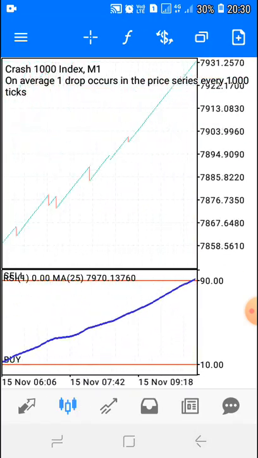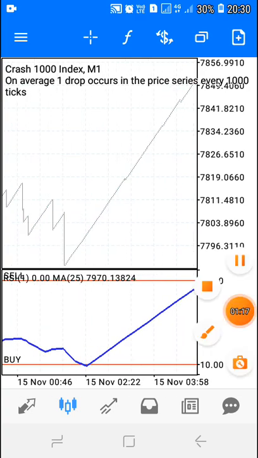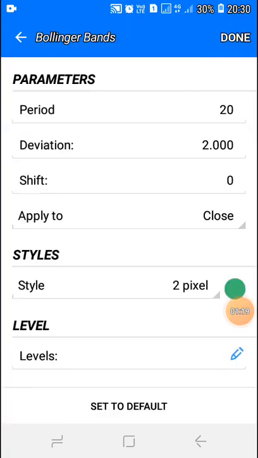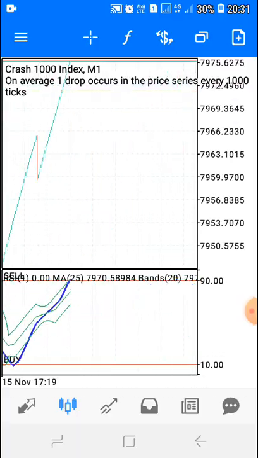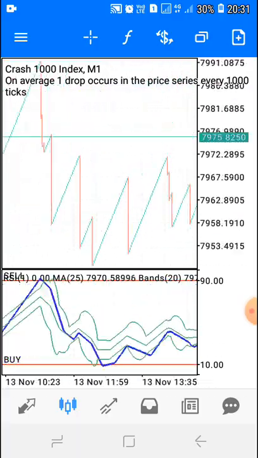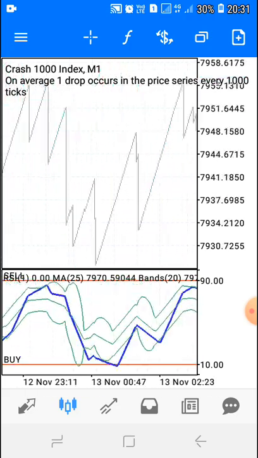Okay, in the RSI. So the next indicator that we're gonna need for the strategy is our Bollinger Bands. Okay, so this is how it's gonna look like. So as you guys can see, we have our Bollinger Bands, and the reason why we need our Bollinger Bands